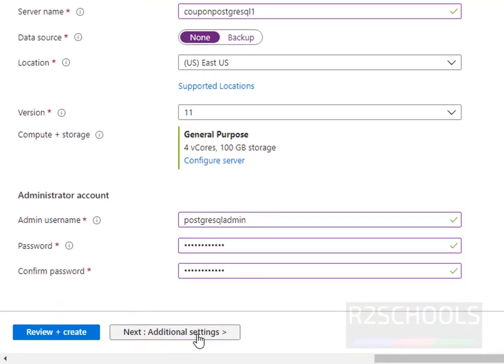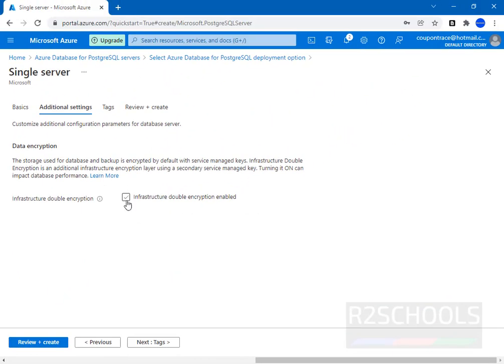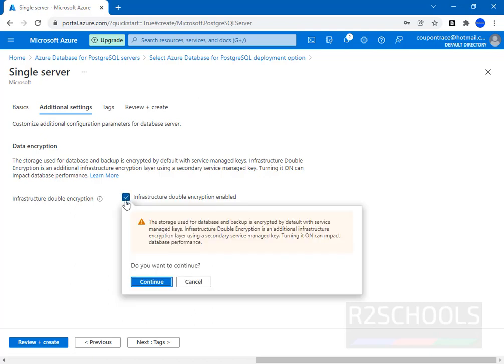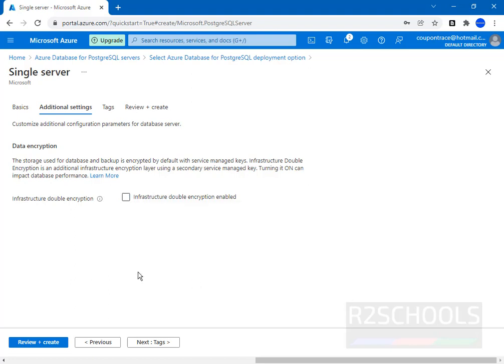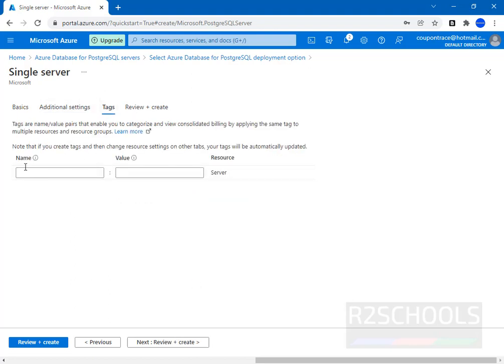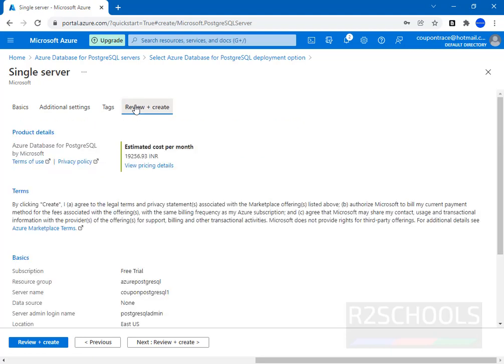Next, click on Next for the additional settings. If you want to enable infrastructure double encryption, just click on this checkbox. Otherwise, leave it blank. Then tags. If you want to add tags, then add tags. Then click on Review and create.